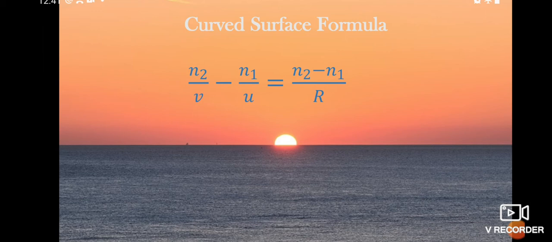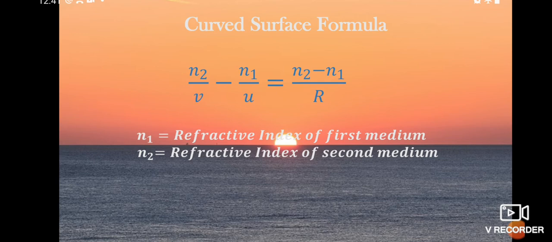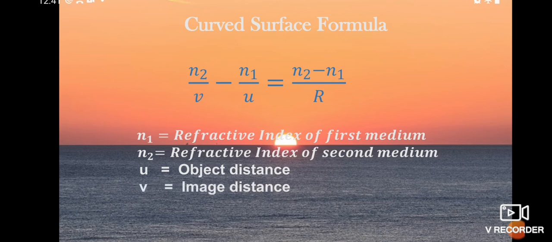N2 by V minus N1 by U is equal to N2 minus N1 by R. Okay, students. Here N1 is the refractive index of the first medium and N2 is the refractive index of the second medium. U is the object distance, V is the image distance, and R is the